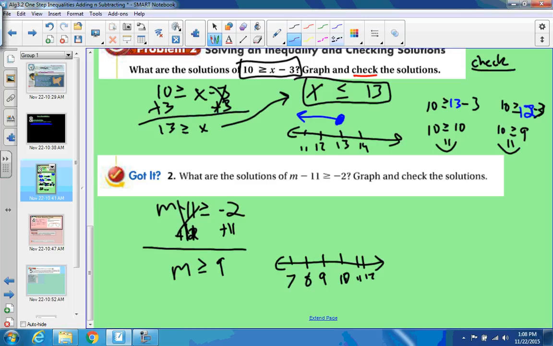I'd suggest making it a little bit cleaner looking, but as long as you have the numbers in the correct order, it's going to be a closed circle because it's greater than or equal to, and it's going to be going greater that way. So what I'm going to do to check,